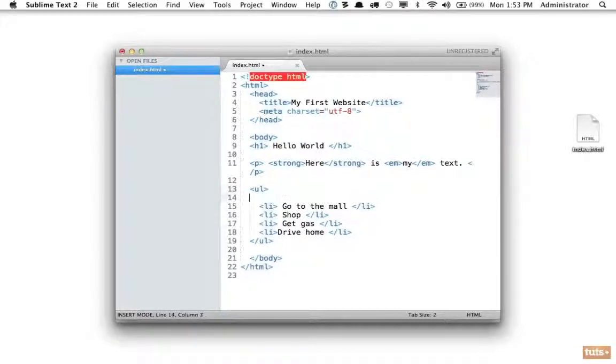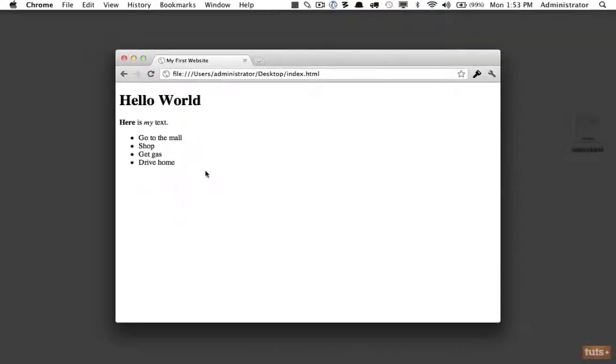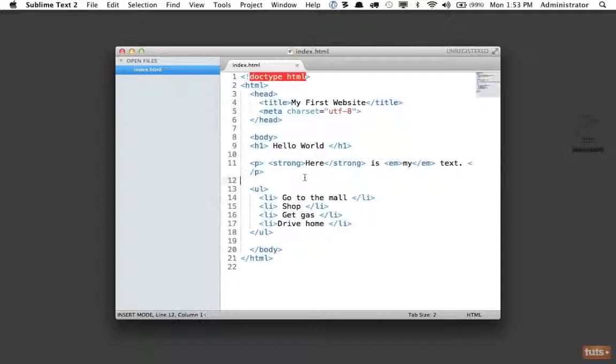If you like a spacing, like I do this sometimes to give some breathing room, then always try to do that here. Otherwise, it can get a little messy when your markup is inconsistent. I'm going to save that, come back, refresh the page, and now, as we would hope, we have a nice list of items. So if we were to come back, and let's say we want to remove this and we